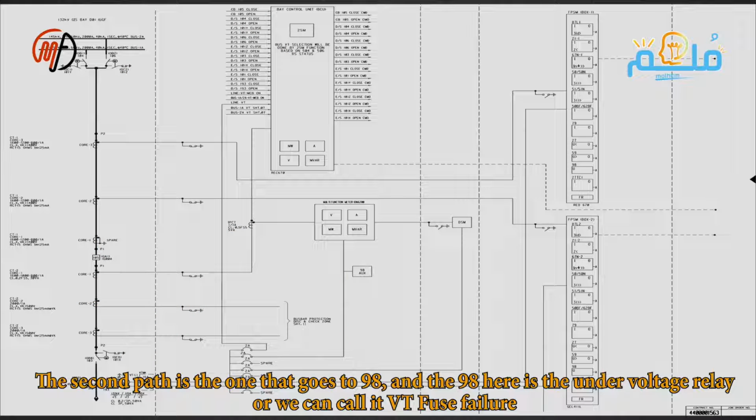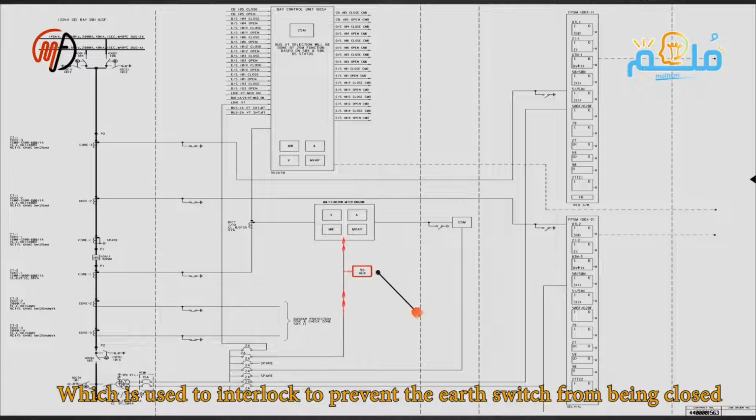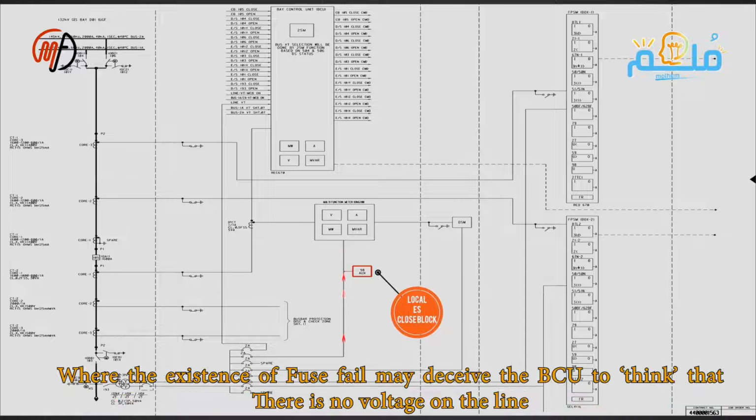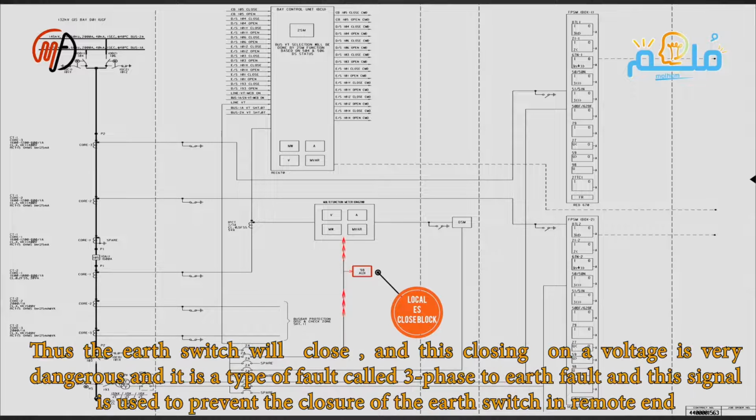The second path goes to 98. The 98 here is the under voltage relay, or we can call it the VT fuse failure, which is used to create an interlock to prevent the closing of the earth switch. If there is a fuse failure, the PCU might think that there is no voltage on the line. The earth switch is then closed on a very dangerous voltage, which is a type of fault called